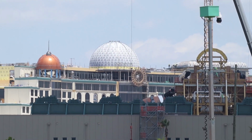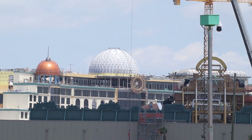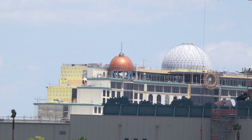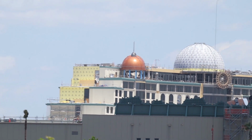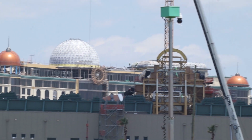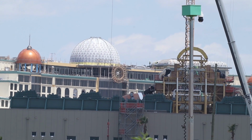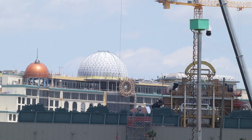Over here we have one of our closest views of the Helios Grand Hotel with that new white covered dome. And we have the two domes, one's in front of the other one, the little one here. Then we have one on the other side. So we have those new domes. They look really nice, and they have little lights on the top of them. And then we have that medallion in the center, which we had before, but now we have a sun ring